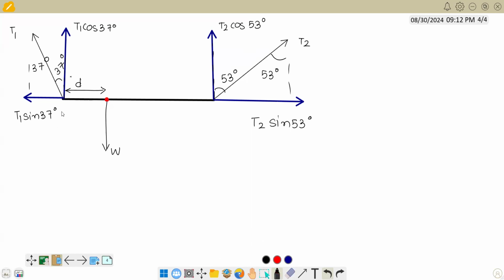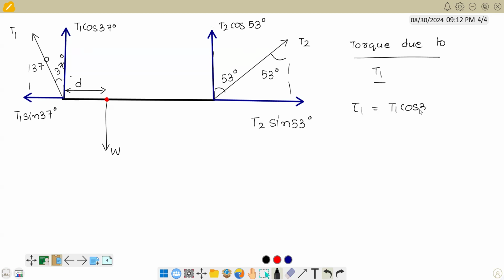Since we resolved into two components, it became very easy. We know, first let us find torque due to T1. T1 has two components, one is perpendicular component and parallel component. We know parallel components don't contribute to the torque. So due to T1 sin 37, the torque has 0 contribution. Due to T1 cos 37, the torque is